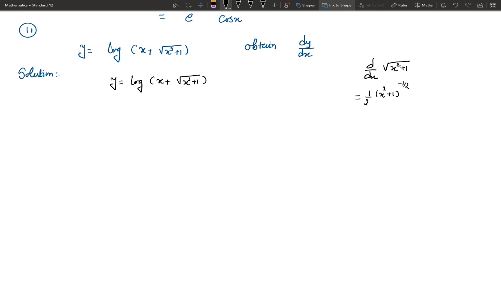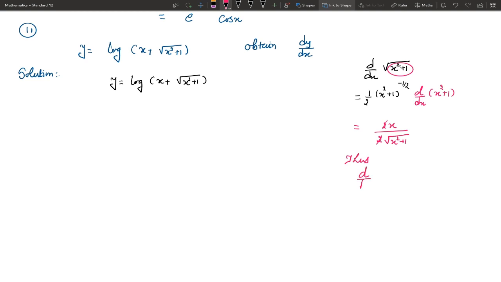Now inside it is a function of x, so by chain rule d by dx of x square plus 1 can be written as 2x upon 2 under root x square plus 1. The 2 cancels, so